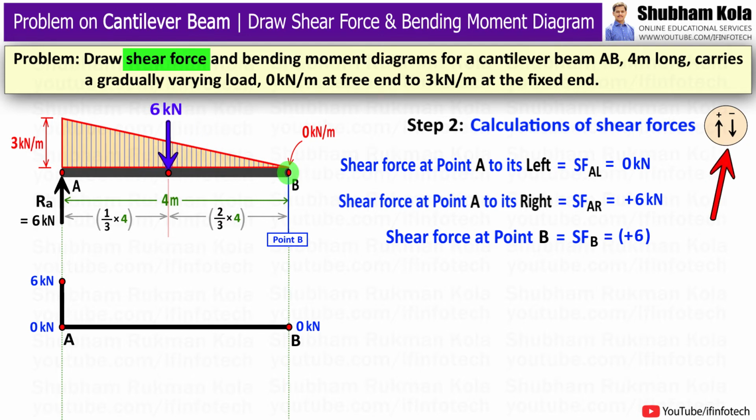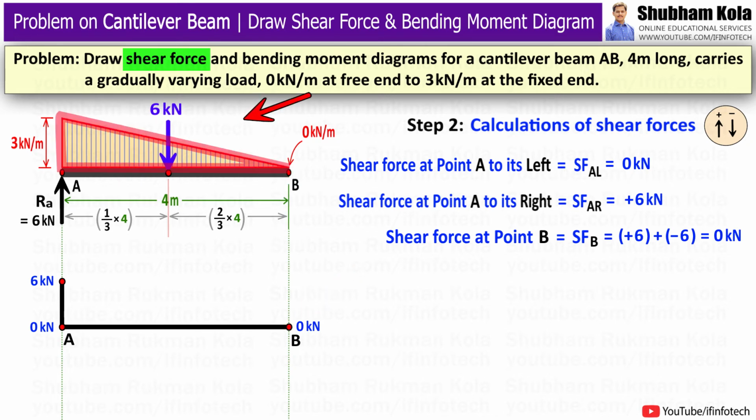So as per the sign convention, I will consider this downward force as negative. So I will add this point load as minus 6 kN. So here plus 6 kN minus 6 kN gives me the value of shear force as 0 kN. So I will mark this point of 0 kN shear force at point B, and here if you can see